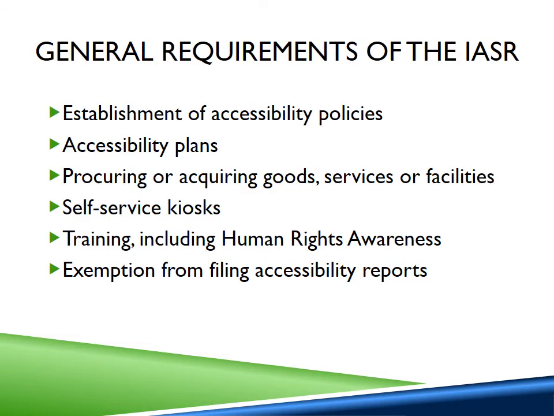The Integrated Accessibility Standards Regulation, or IASR, is made up of 3 distinct standards with their own specific requirements. The IASR also includes a section of general requirements that apply to all the standards in the regulation. The general requirements to be fulfilled by all obligated organizations are the establishment of accessibility policies and necessary accessibility plans, the establishment of accessibility measures as it relates to the procuring or acquiring of goods, services, or facilities, regulations regarding the accessibility and specifications of self-service kiosks,